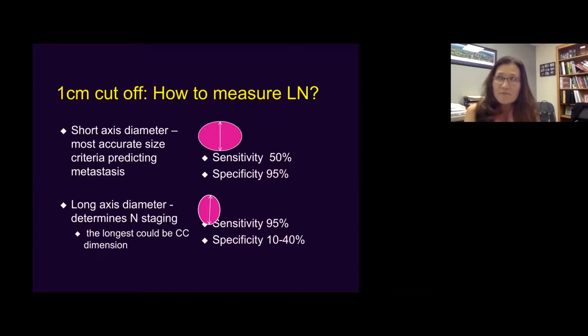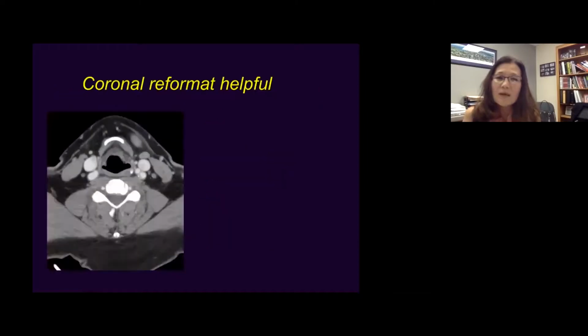So you're not missing metastatic lymph nodes, but you're over-calling all the small lymph nodes as positive for metastasis. So either way, wherever you draw the line, there's always a compromise based on size alone. For size criteria, there's an inherent limitation. One thing that I want to caution is that now we have multi-detector CT scans, so you can get a